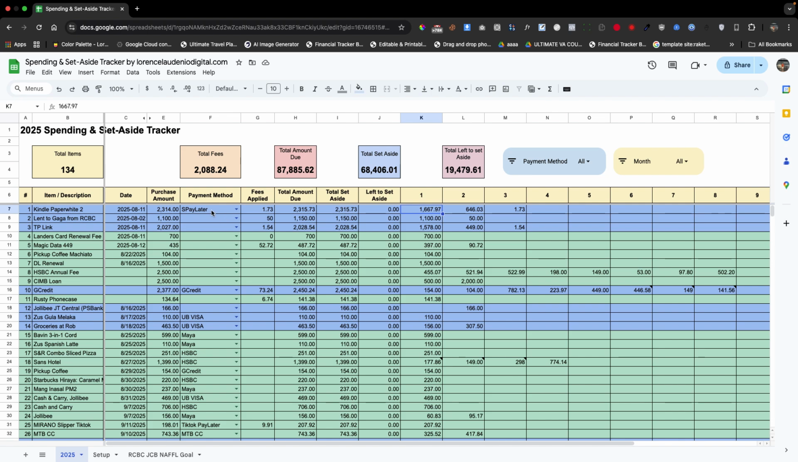So buy now pay later is like, for example, we buy now and then we pay that later, a month or after a month. So this is only what the tracker does. So I also added here